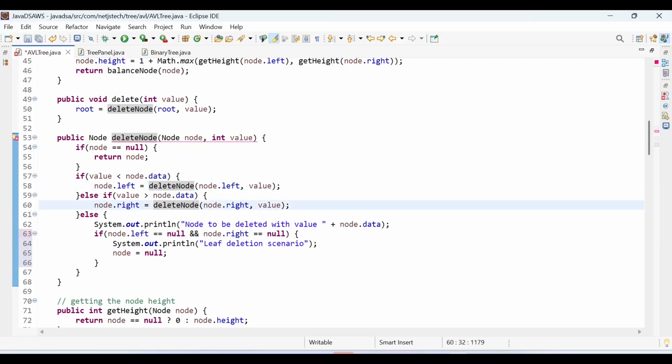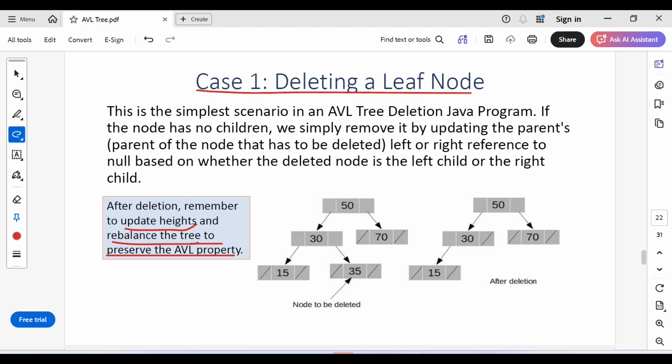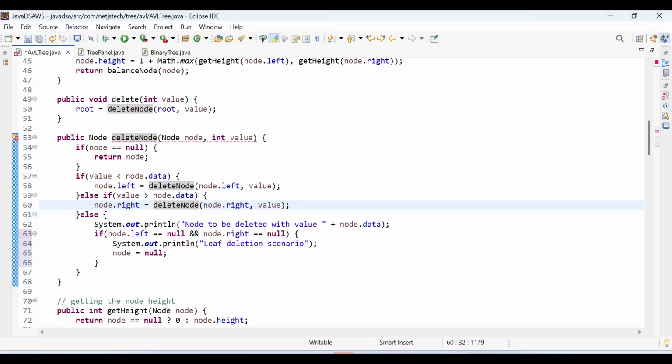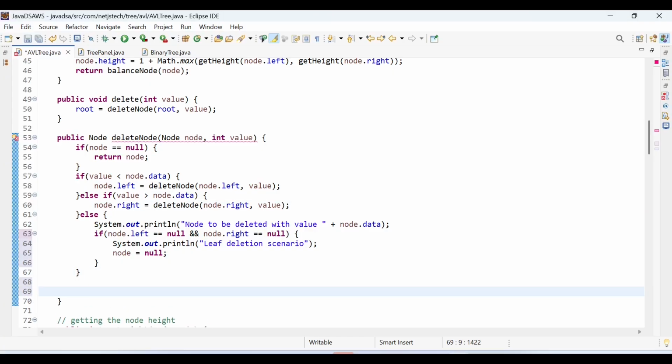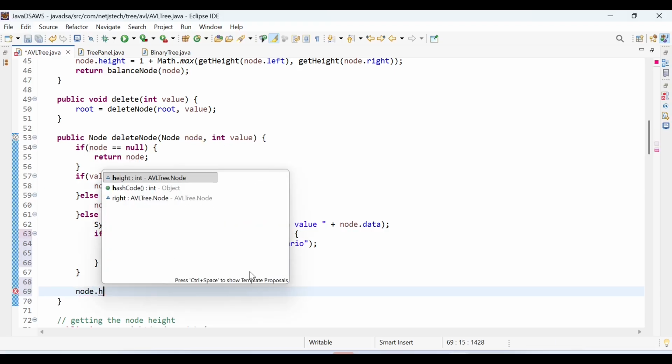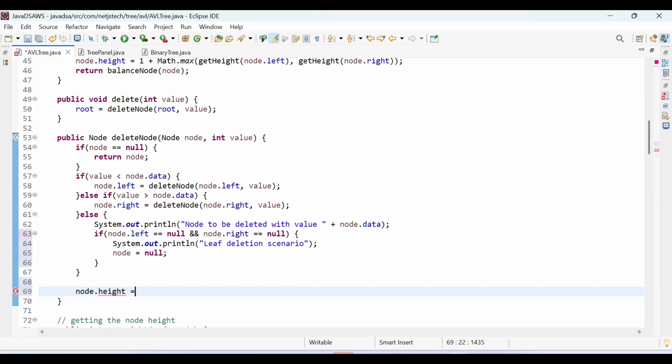So you will send node.left equal to null or node.right equal to null. That is what you have to do, right? Node.right equal to null or node.left equal to null based on from where you are deleting it. So this will work here, node equal to null. And with that, what you have to do is you have to check all the height part also. So node.height equal to 1 plus